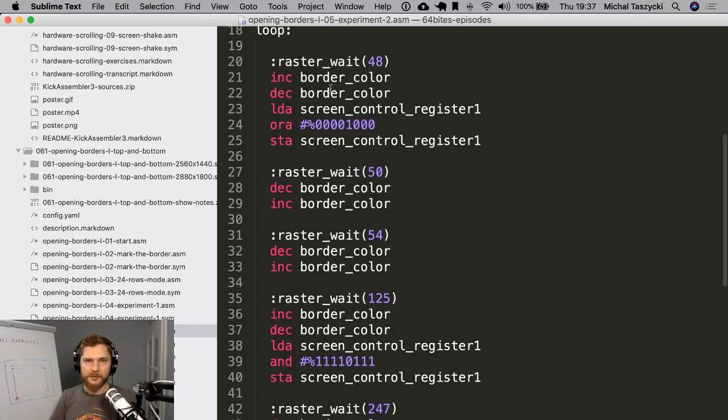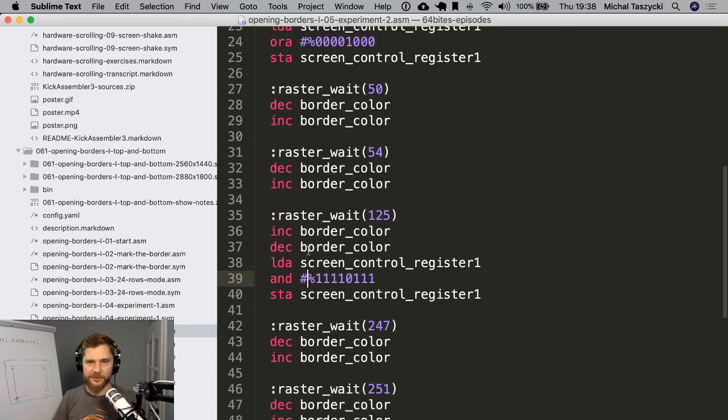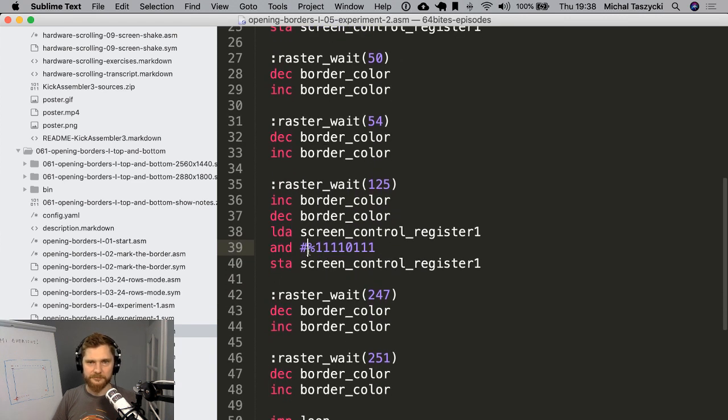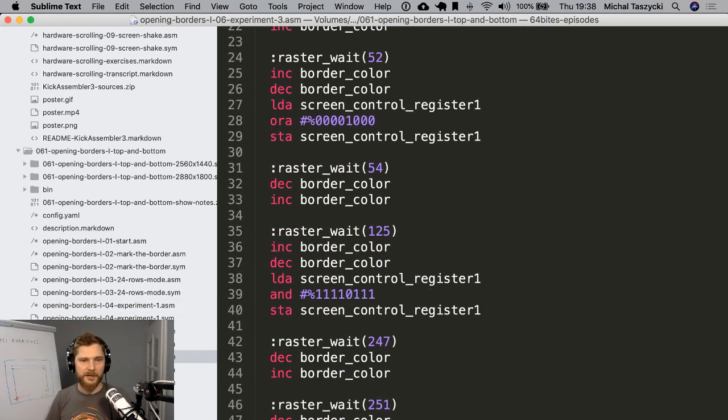Before we go into this place here, we make the border normal, and then in the middle of the screen we make the border wider. And we can try some different experiments and try to make the border wider and thinner between different parts of the screen. But finally,